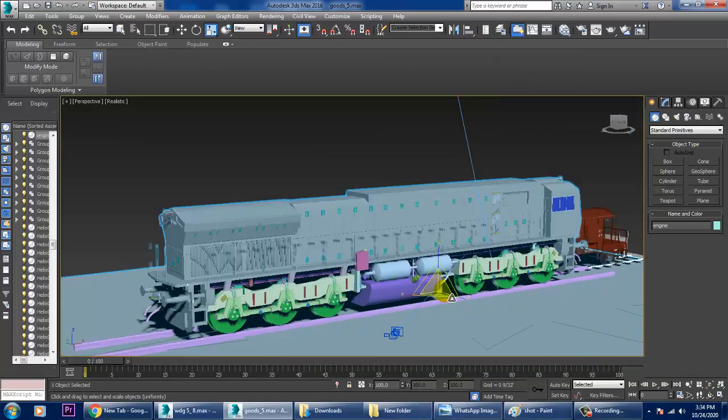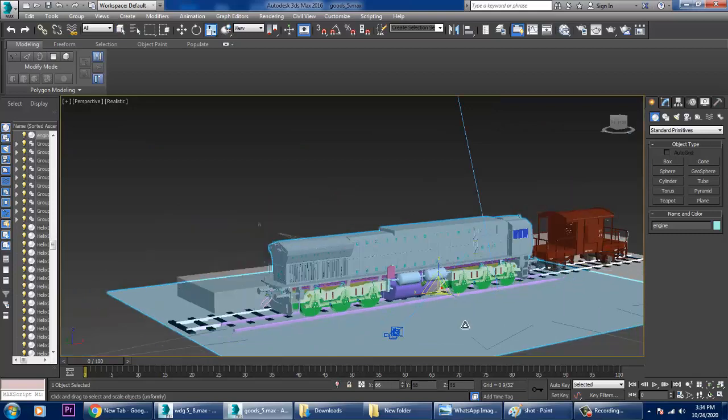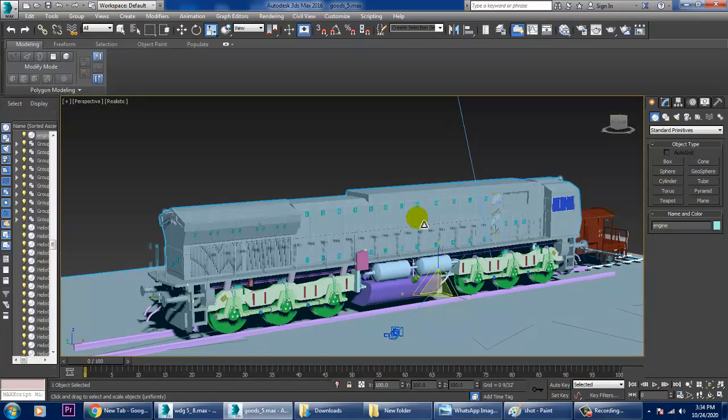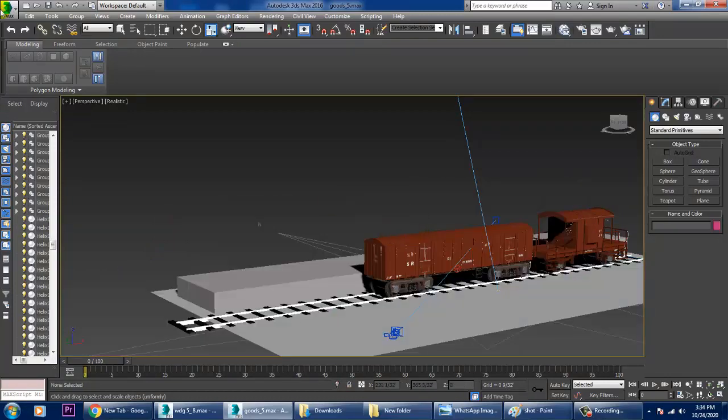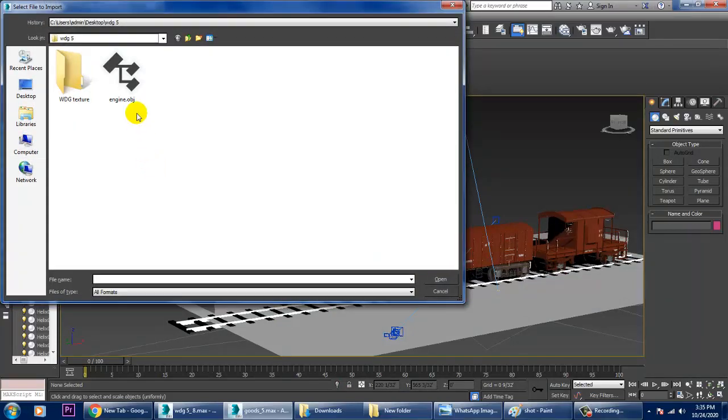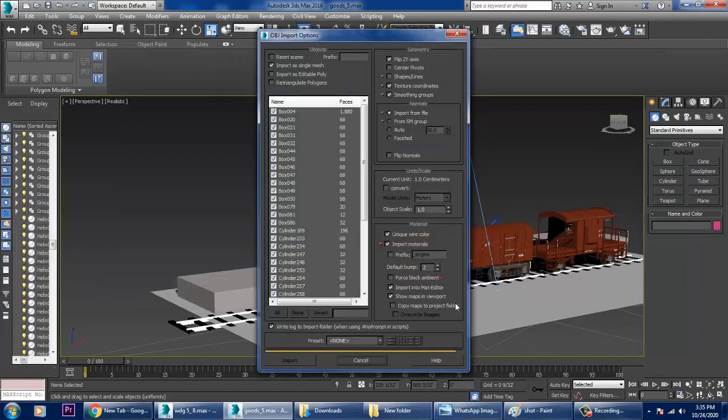Oops, I think the texture got missing over here. Can import it again. So sometimes these things need to be taken care of. That's the biggest thing over here.